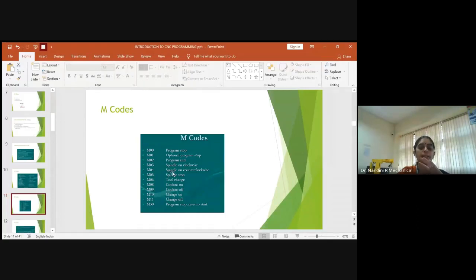So these are the basic M codes which are available, which are termed miscellaneous codes, which will be useful in one way or the other when the machine is running continuously as per the instructions given by you in the form of the part program. If you write the part program wrong, then in the simulation you can see that the entire required part will not be achieved. So there will be some error. It shows the syntax error also. Then you should make the changes. If it is run properly, then the simulation will show you the exact picture of the part which was supposed to be done.